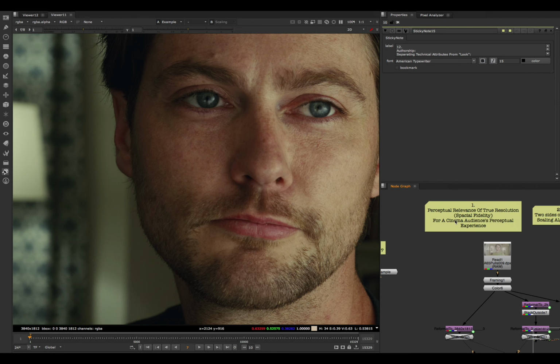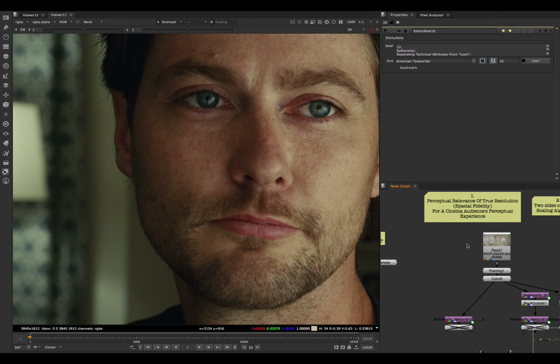of true resolution. And I'm going to use the term spatial fidelity in this demo to talk about true resolution, because one of the points in the demo here is that the word resolution has some various associations and means different things at different times. So I'm going to use the term spatial fidelity to mean rigorous true resolution as opposed to just pixel count